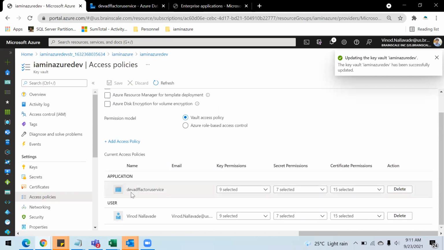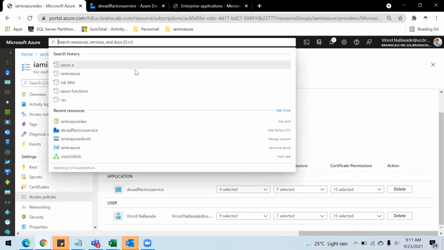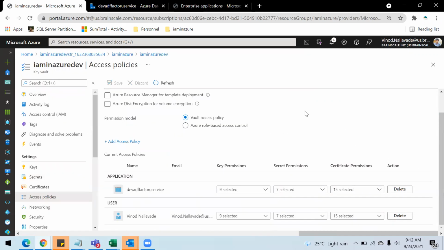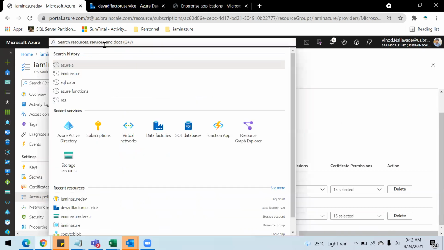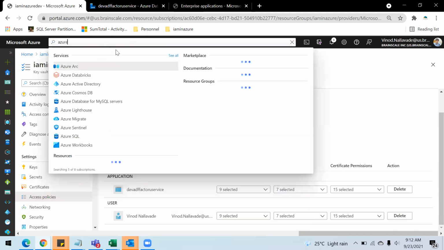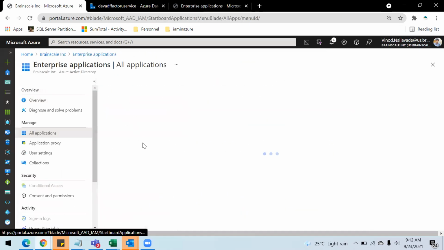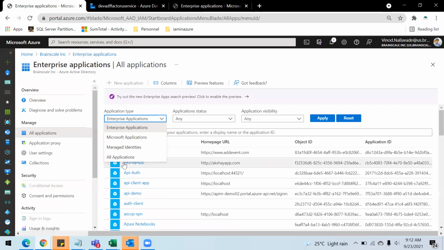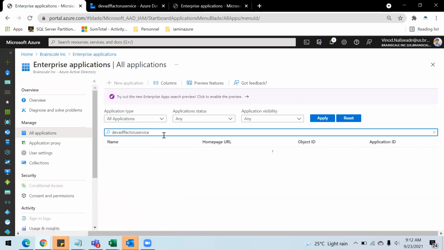To see this system defined managed service of your ADF, you can just go to Azure. I hope this is saved. Yeah, this is done. So what you can do is Azure Active Directory, then Enterprise Applications. Just go for all and search for this.